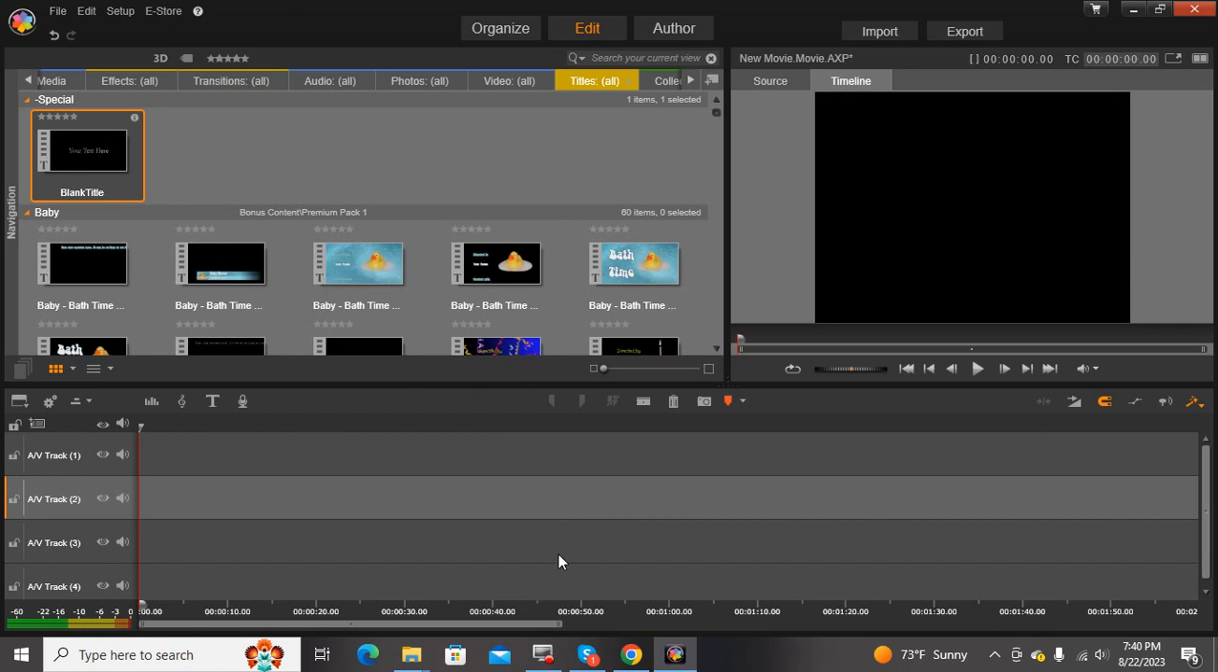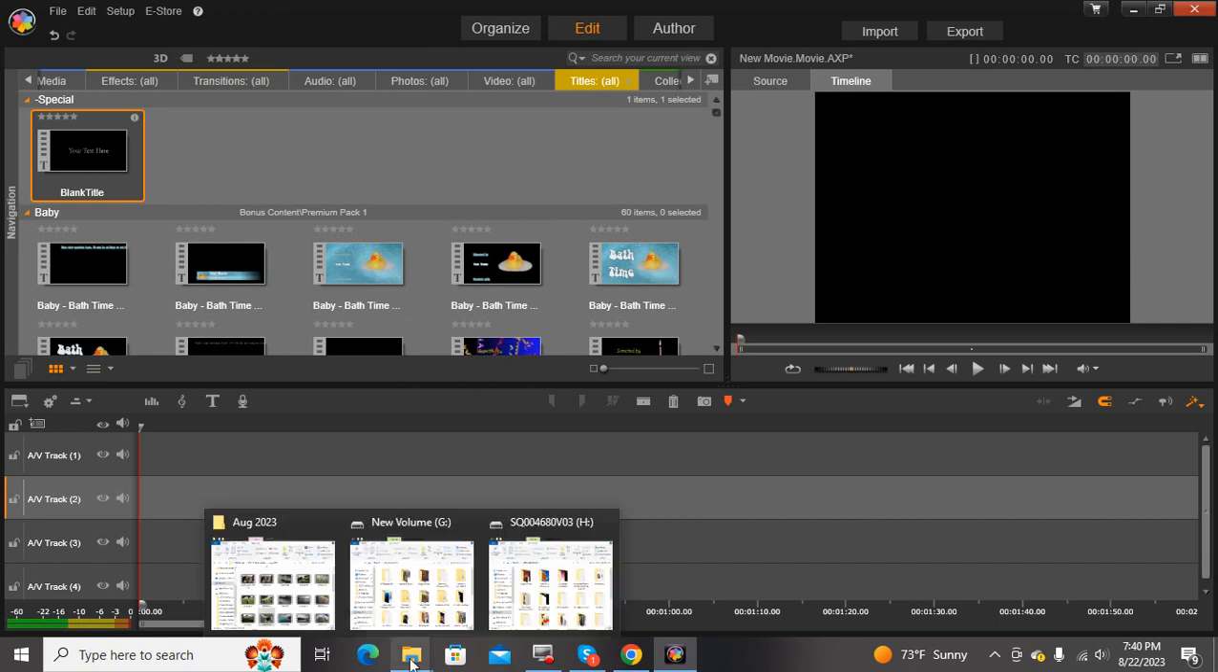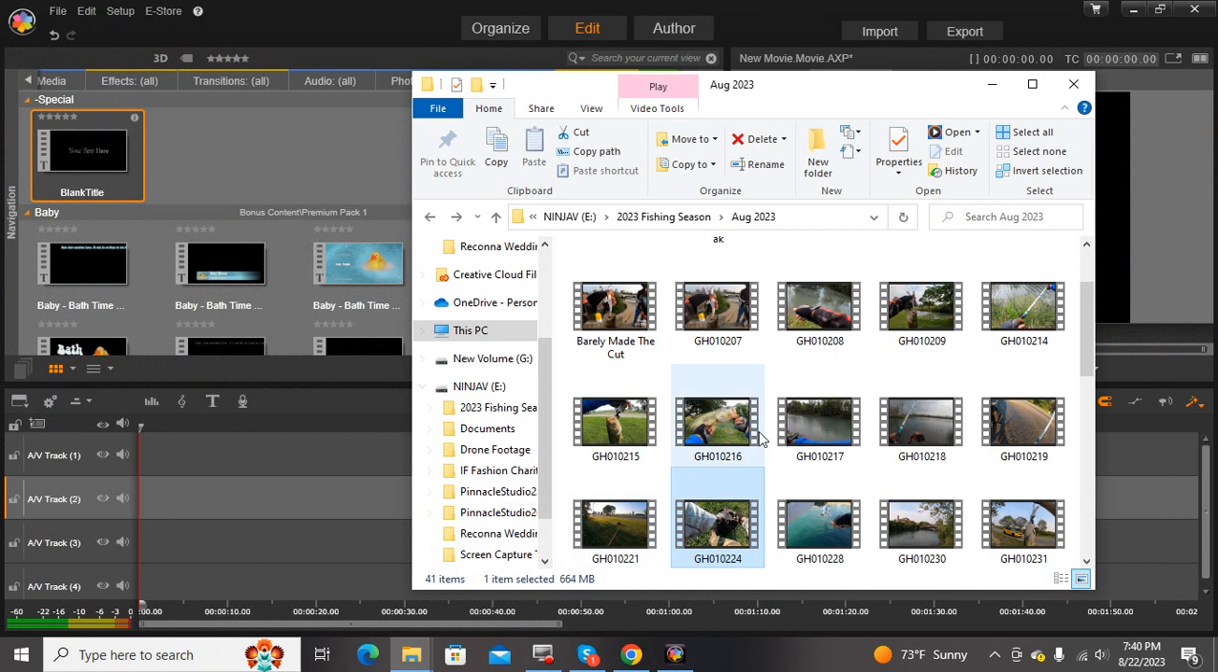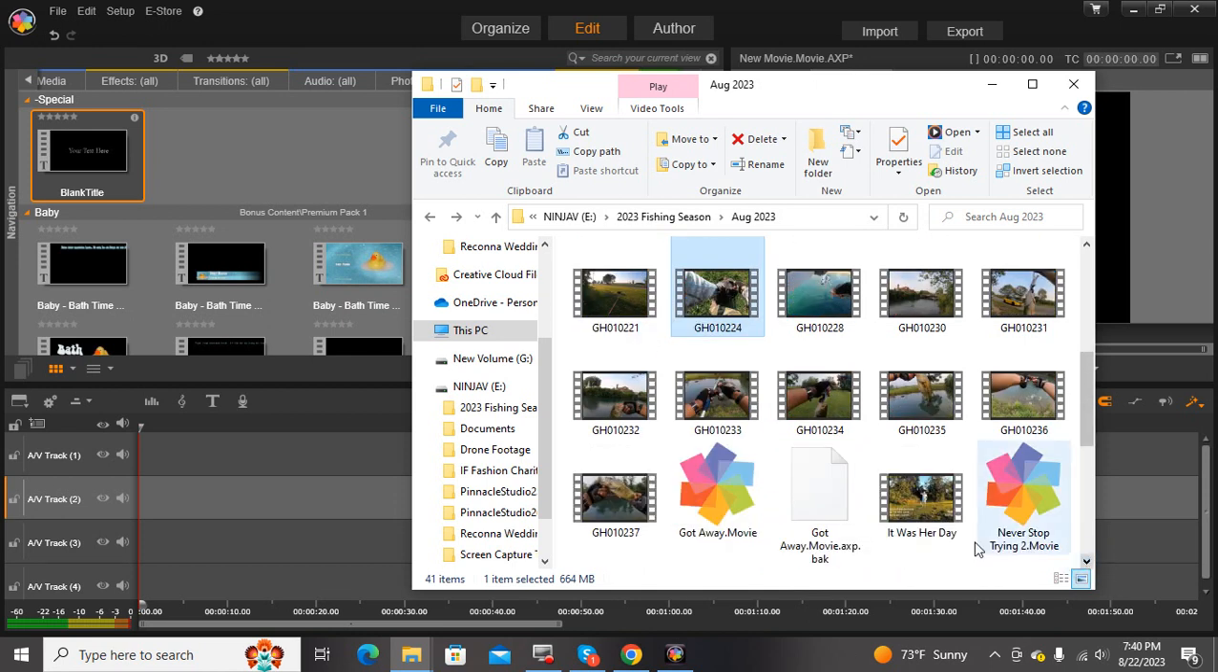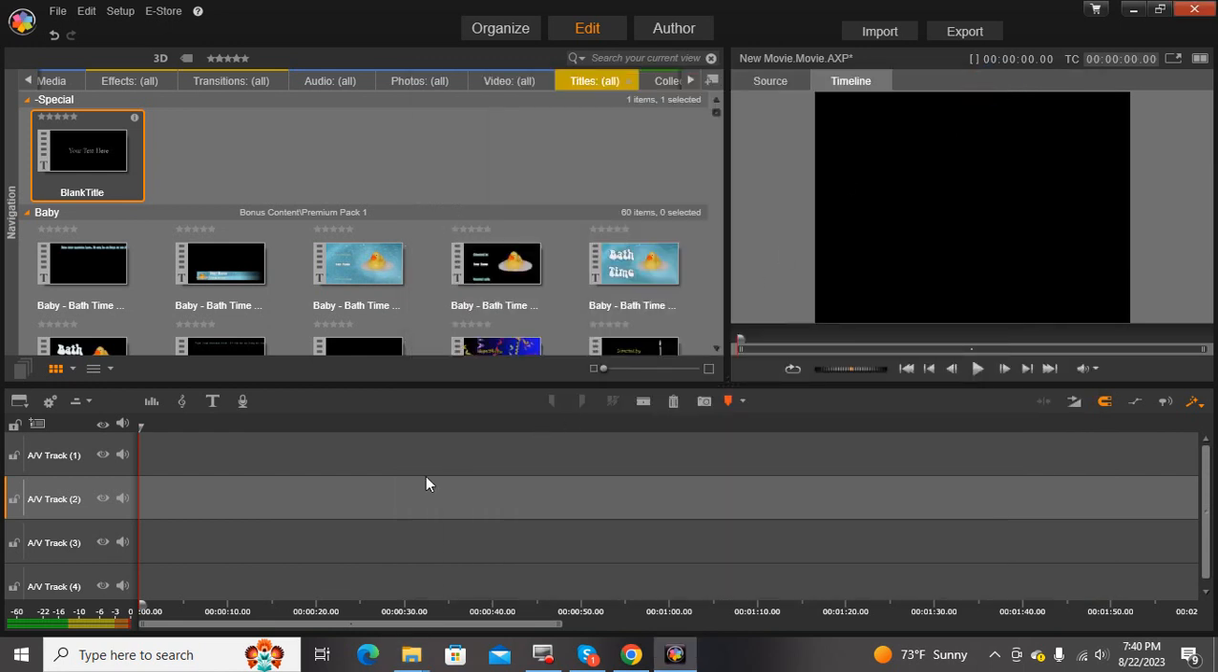I've already downloaded all of my files from my GoPro, and these are the files that I'm going to be using here, 224 through 237, I think it is. Yep, to 237. So they're already loaded into my computer, and what I need to do first is download them into the Pinnacle Studio. So I'm going to go into the video segment,